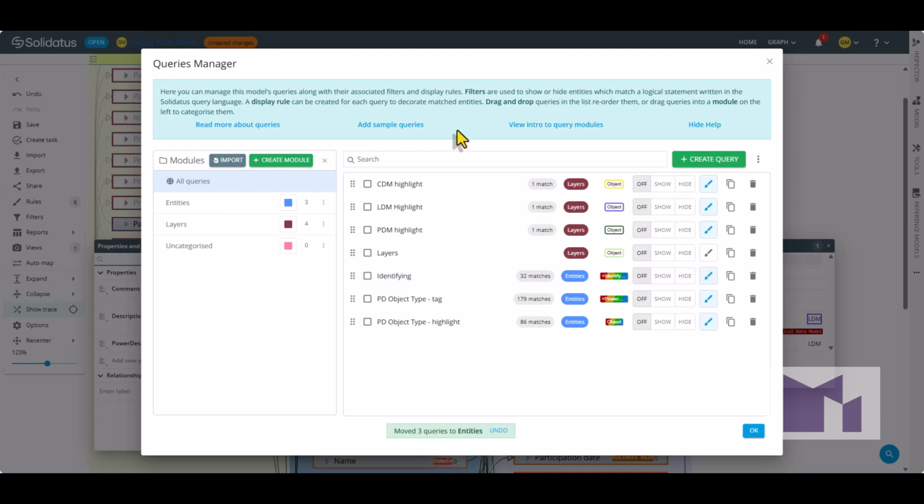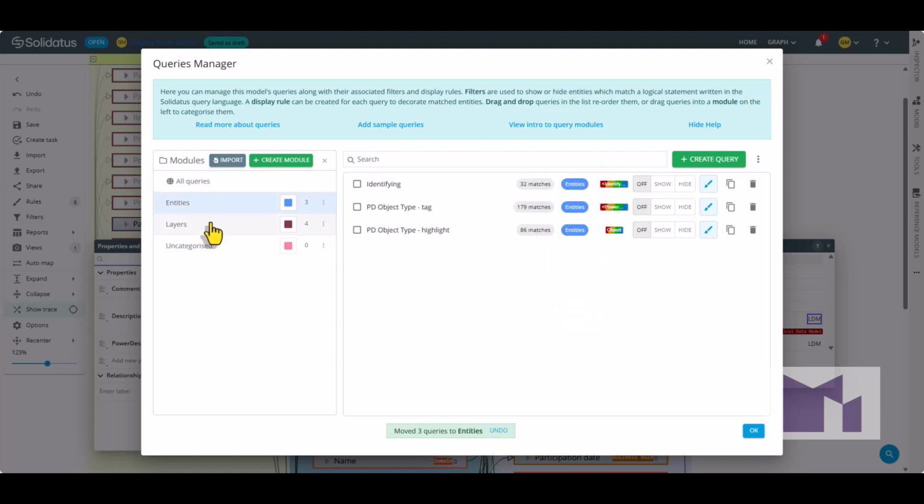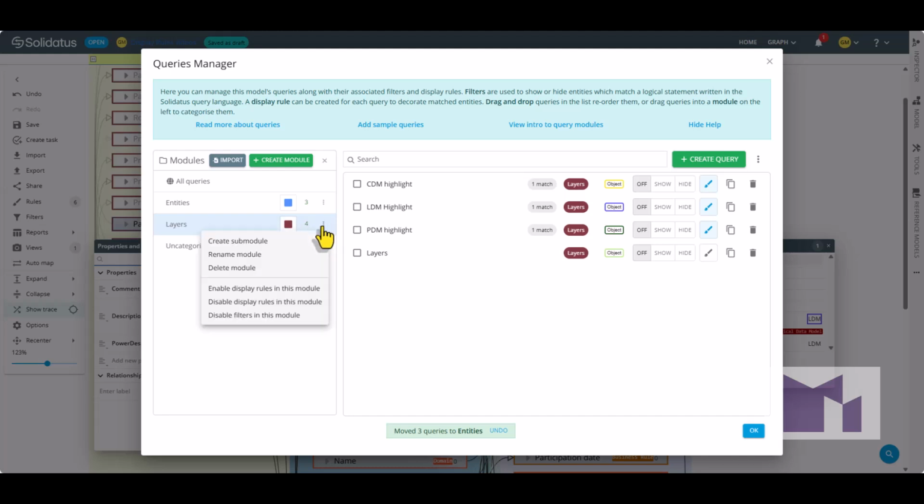And by the way, I didn't point out in the last video that you can see in the middle here the name of the module that a display rule is in. And if I just select a module, I can see in my list just the ones that are in the module. And the drop down here does actually allow me to switch them all on and off, just the ones in the module, which can be very useful.